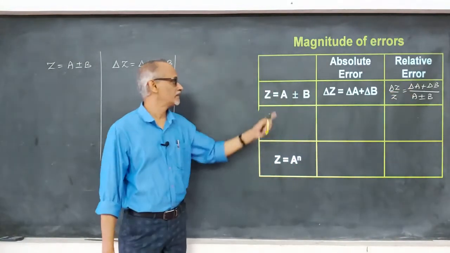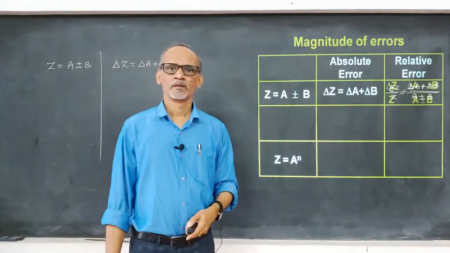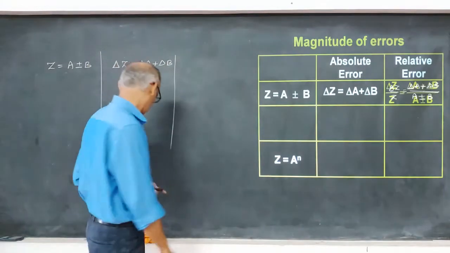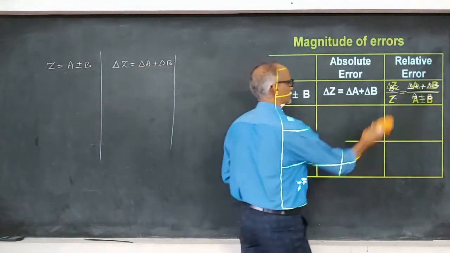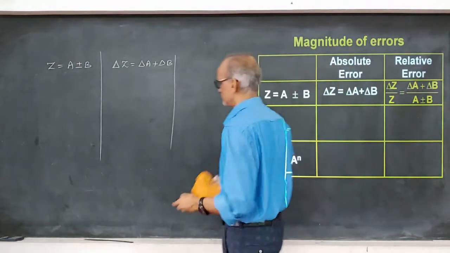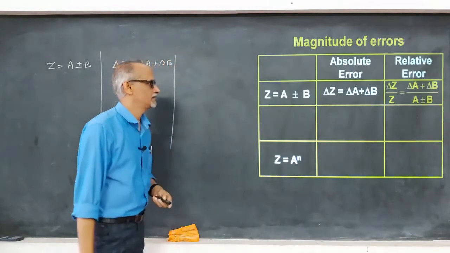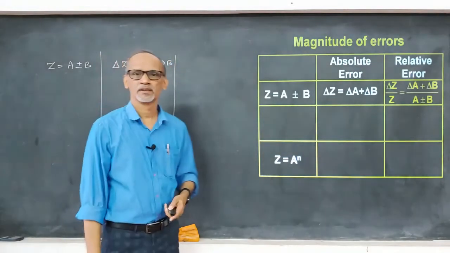That is how we measure whenever we add or whenever we subtract quantities. The equation is already there, you can check that. Fine. Delta Z by Z is equal to delta A plus delta B by A plus B. Okay. Next,